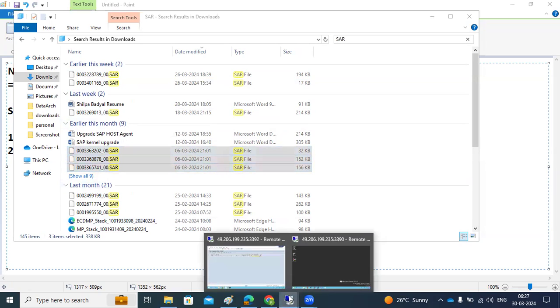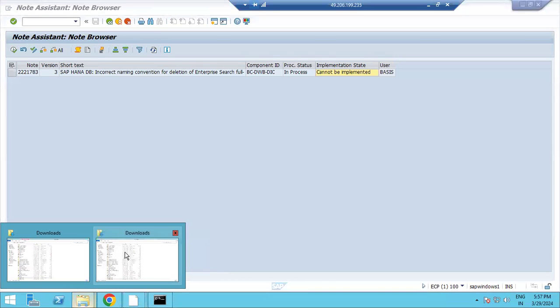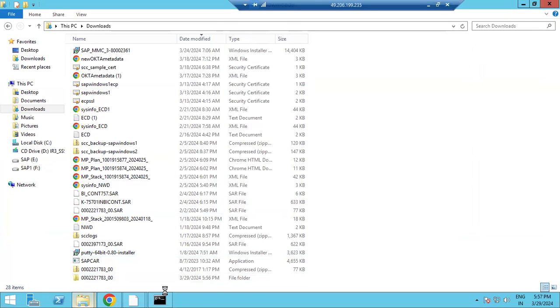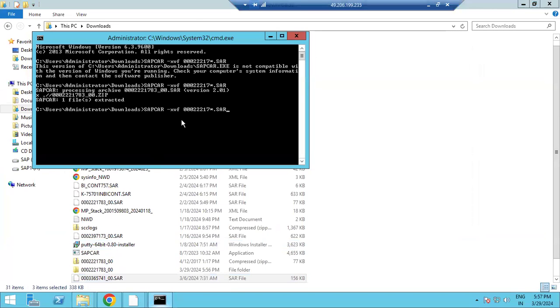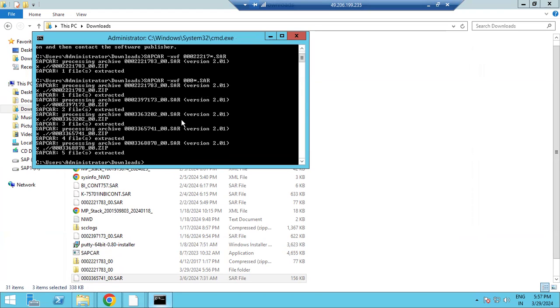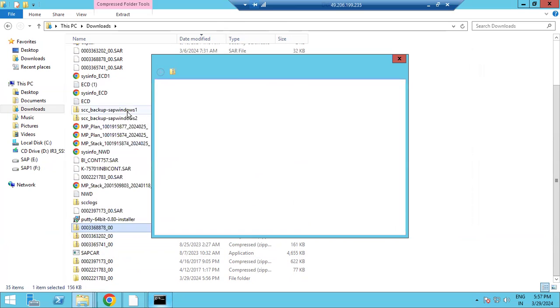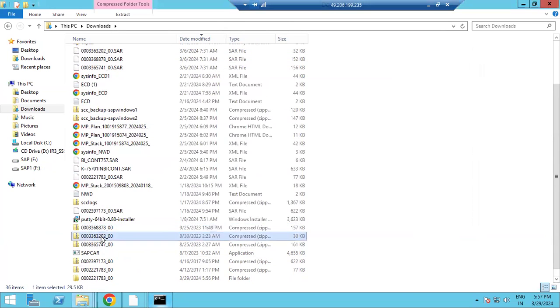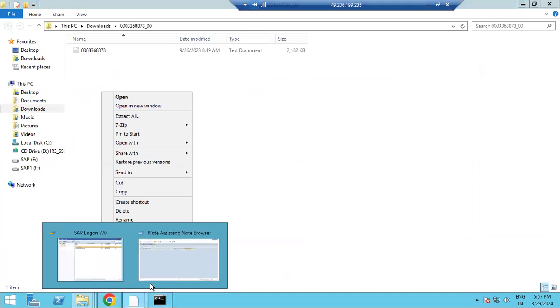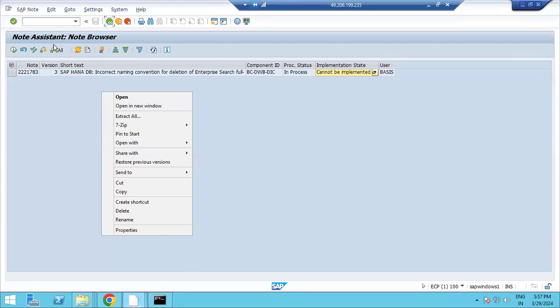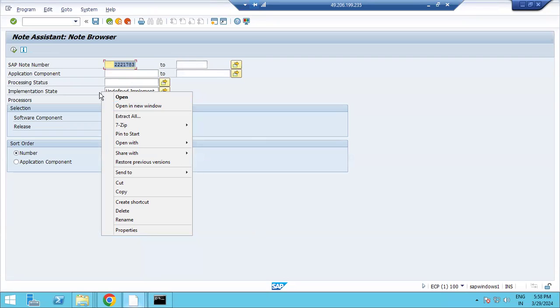336. Let me try. Actually, if I show you one note, then it is very easy for everybody. You can understand previously also, and maybe in the future, if something goes wrong, you can understand how to import manually. So we have to manually download it, extract it, and upload the note here in our SAP systems, right? So let me try to